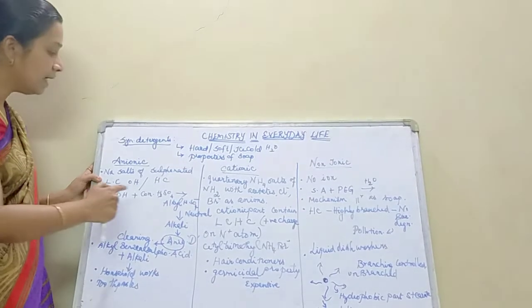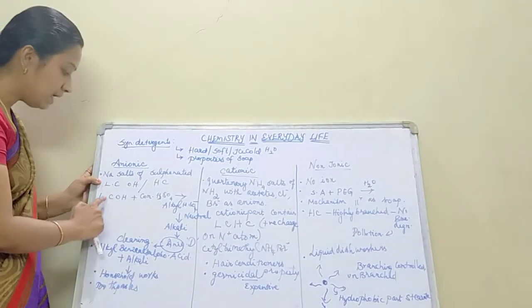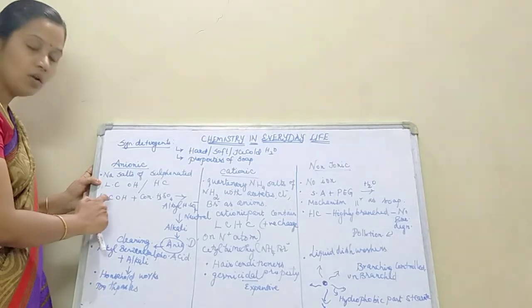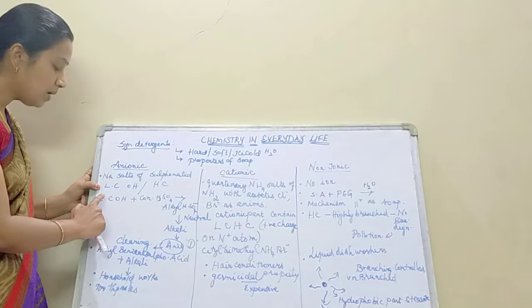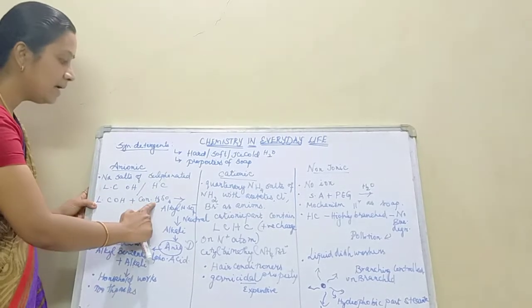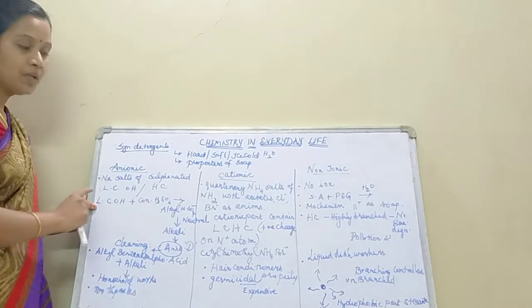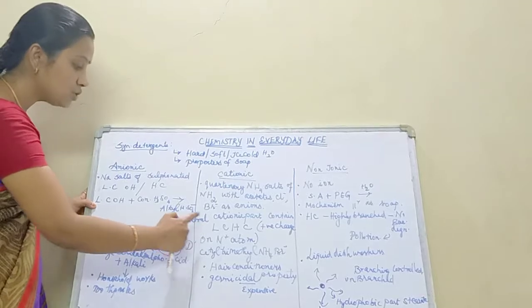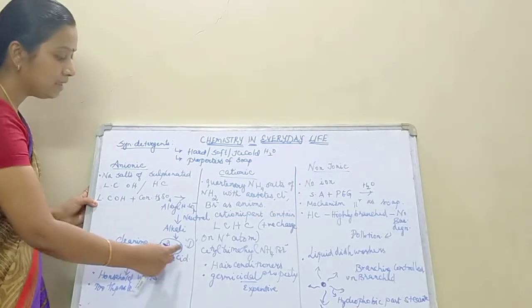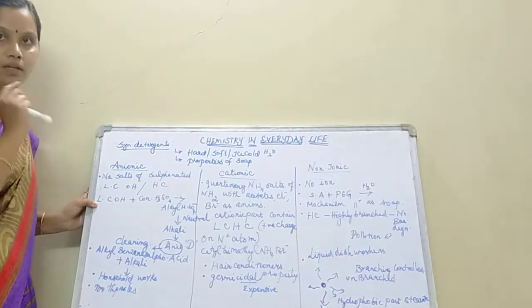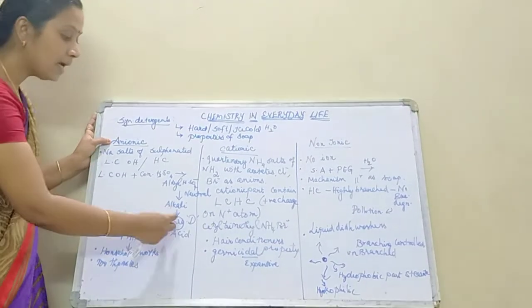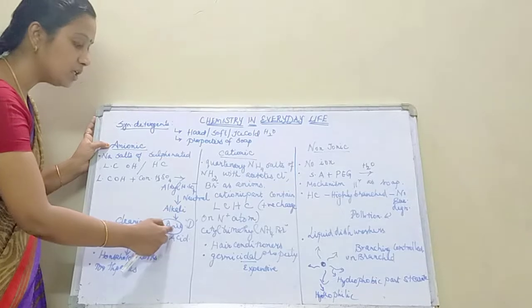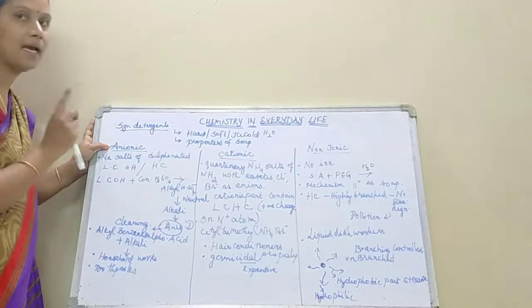What will I get? I will get alkyl hydrogen sulfate, because the long chain of the alcohol is nothing but an alkyl group. Now this is neutralized by adding an alkali, and then I get an anionic detergent. Why do they have the name anionic detergents? Because the anionic part of the detergent is involved in the cleaning action.